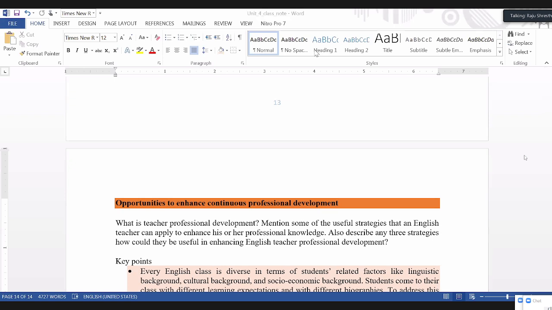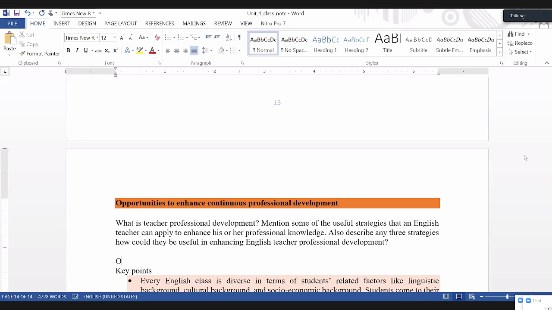Note, strategies and opportunities are not the same. Strategies are actions, what we do. Opportunities means the space we create, the platform we create, the forum we create where they engage in action. So opportunities here refers to